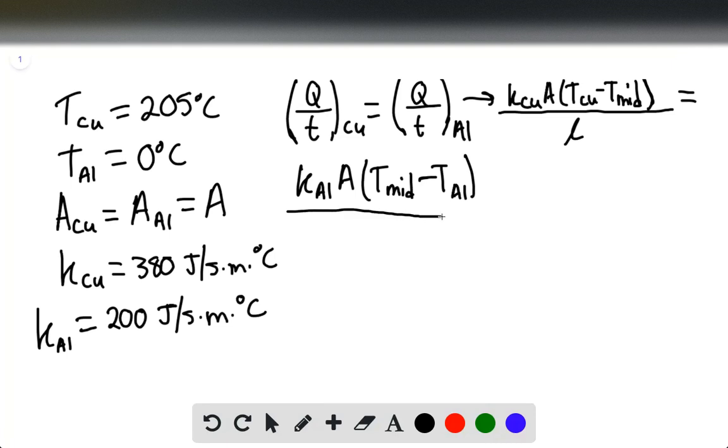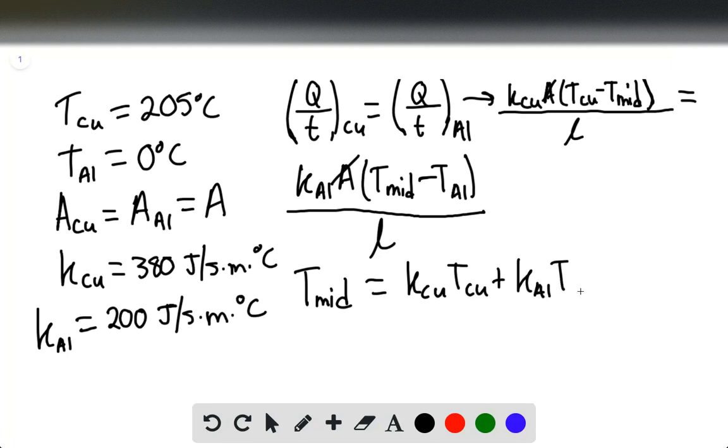all over L. So again, referencing the surface areas, A is going to cancel out, and we find that the T mid is going to be equal to the thermal conductivity of copper times the temperature of the copper plus the thermal conductivity of aluminum times the temperature of the aluminum divided by the thermal conductivity of copper plus the thermal conductivity of aluminum. We know that this is going to be 0 because the temperature of aluminum is 0 degrees. So that means that that term is going to be 0, and we're finally ending up with 380,